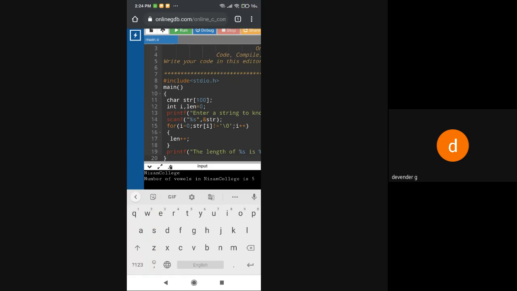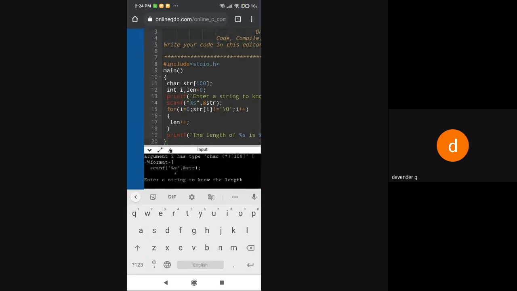Now I have entered this and will run the program. Now it will ask me to enter the letters. So I want to enter here Nizam College. Now after entering this, I want to see how many characters are there. So I want to know the entire length. Now you can see it is giving the total length. So instead of counting each and every letter, we have written a program in such a way that the program itself is going to give me the total length of that particular word which you enter. So for Nizam College without any spaces, I got 12 as the length.